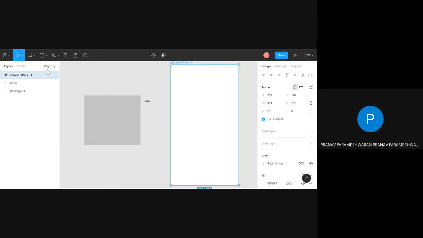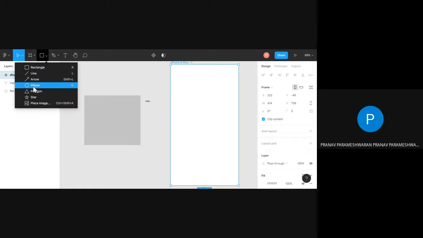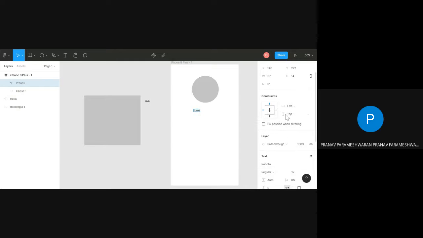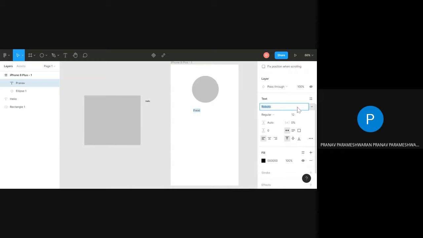And then, say I have to put an image, or a center button like a profile picture in the center, and then a text of some person, some random name, like Pranav itself. So you can have this, and you can keep the constraints of where it should come, the dimensions, the text style.